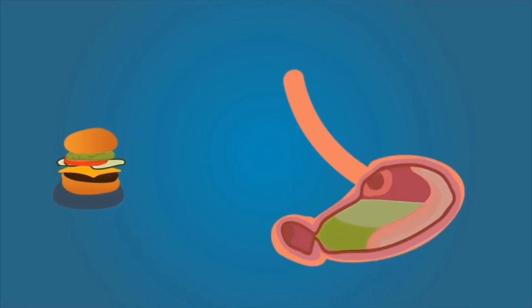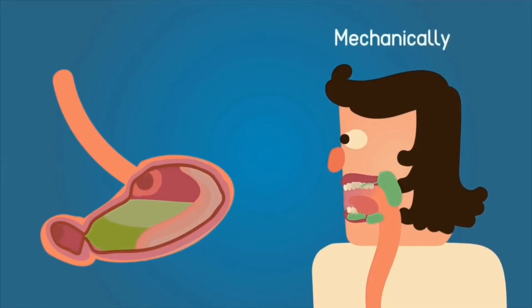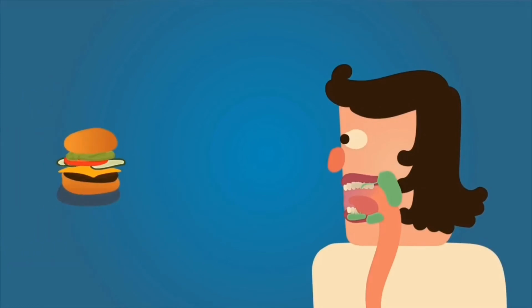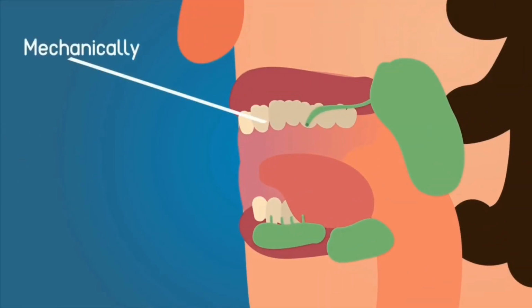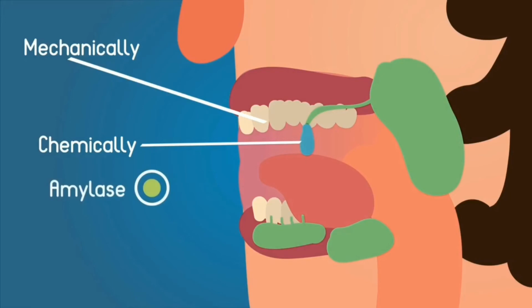Digestion is the process of breaking down food to make it soluble in the blood. You can digest food in two ways, mechanically and chemically. When I put this burger in my mouth, I do both types of digestion. My mouth breaks it down mechanically using my teeth. This mashes up the food into smaller pieces. My saliva carries out chemical digestion. It contains an enzyme called amylase. That takes the big starch molecules you find in the bun and breaks them into smaller pieces called maltose.